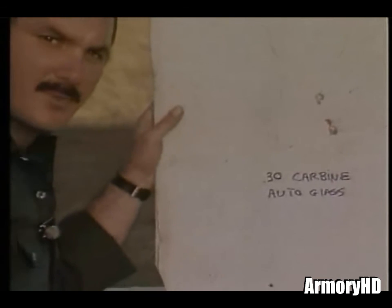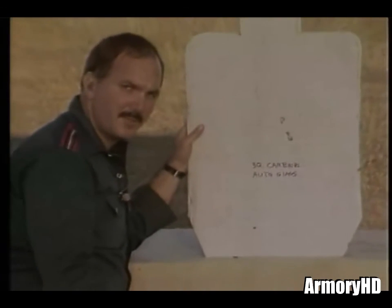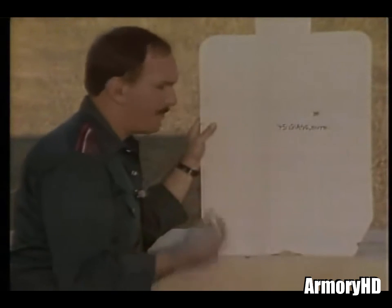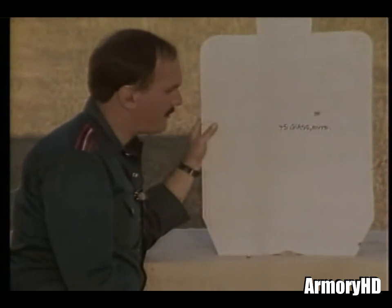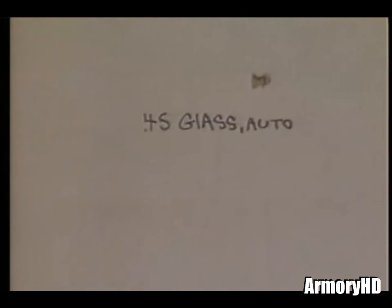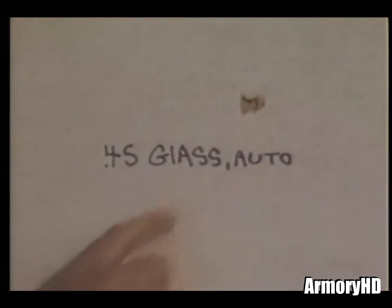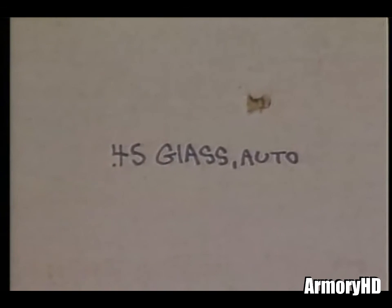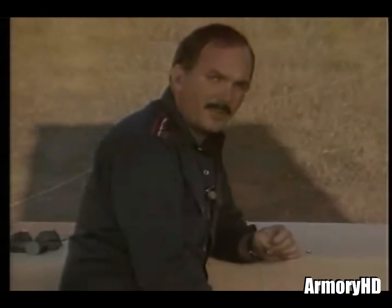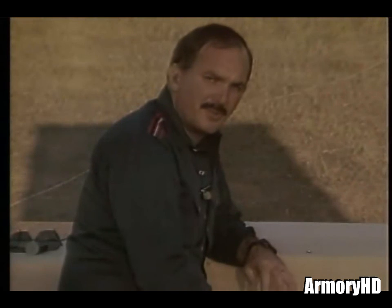Just for interest, we also decided to try a .45 ACP pistol, and this is the result we got. It penetrated through the window and hit very accurately at the point of aim. It did keyhole though. It did change. You can see from here, this is not the way a .45 bullet hole should look. The bullet did keyhole and go through with sufficient force to injure someone. So the conclusions in this, I have to say that the windshield didn't stop any bullet. It didn't deflect any bullet sufficiently to make the bullet